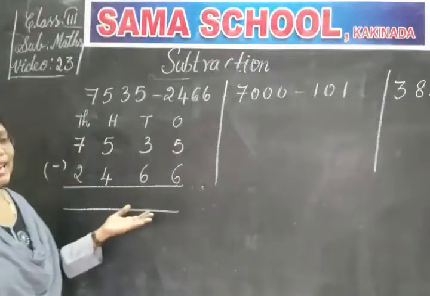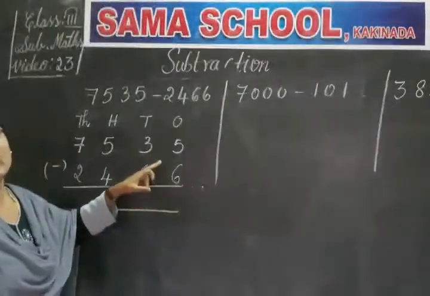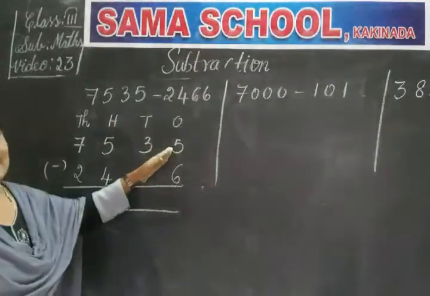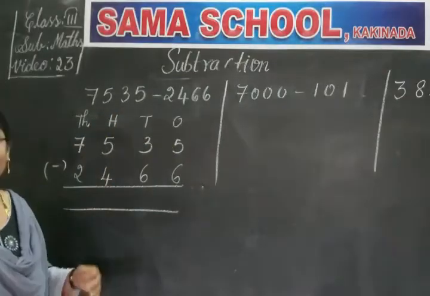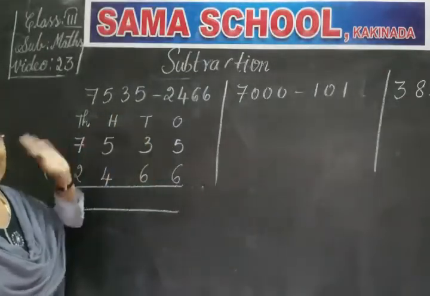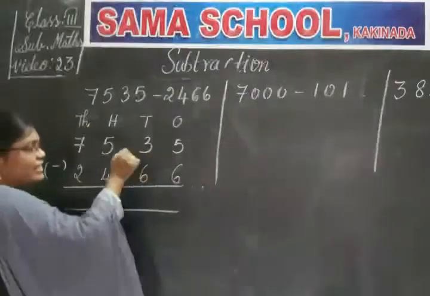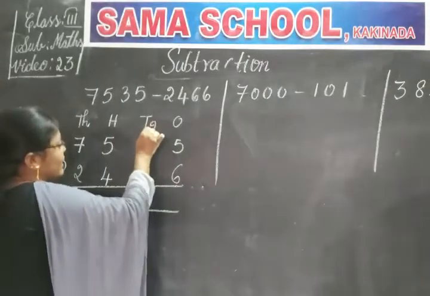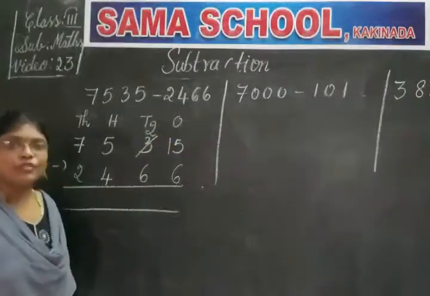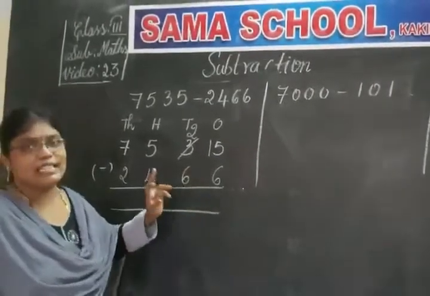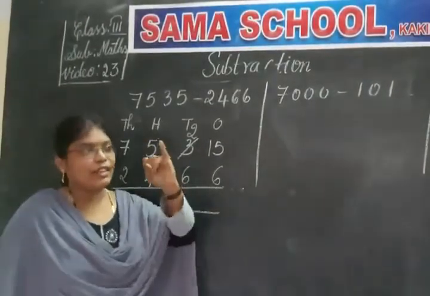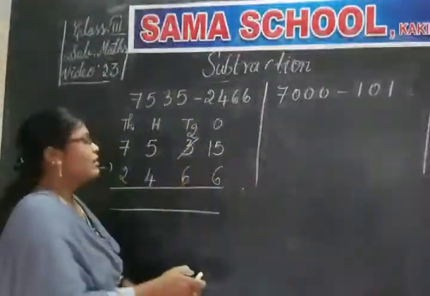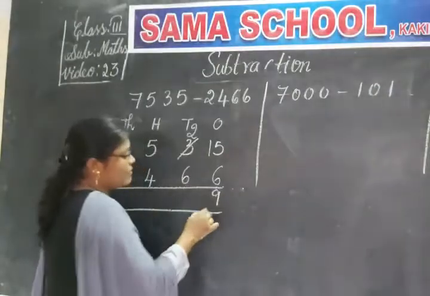Okay, now subtract. 5 minus 6. You cannot subtract 6 from 5 as it is a small number. So to make it a bigger number, you have to borrow from the next place, that is from the tens place. The digit in the tens place is 3. So borrow 1 from it. So this will become 2 and the 5 will become 15. So 15 minus 6. 6 after, till 15: 7, 8, 9, 10, 11, 12, 13, 14, 15. It is 9. So 15 minus 6 gives me 9.